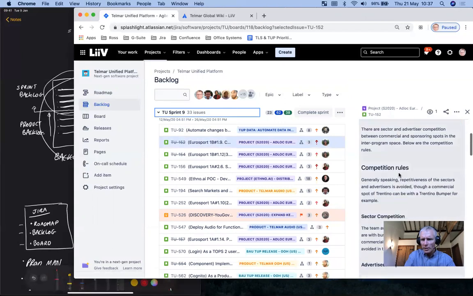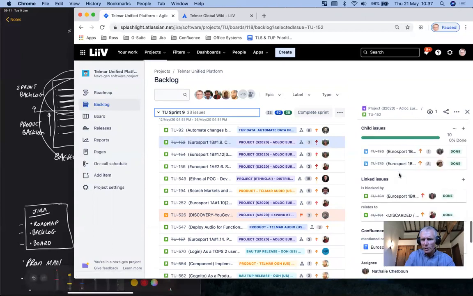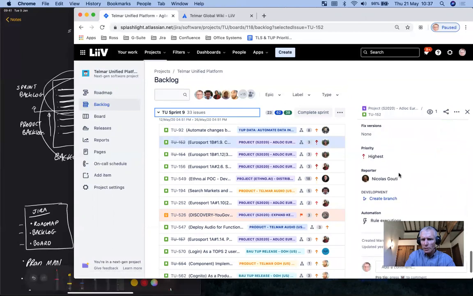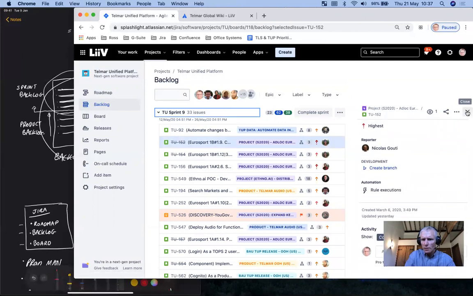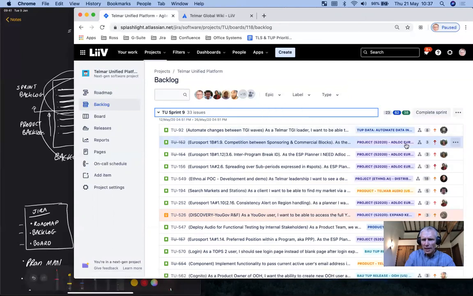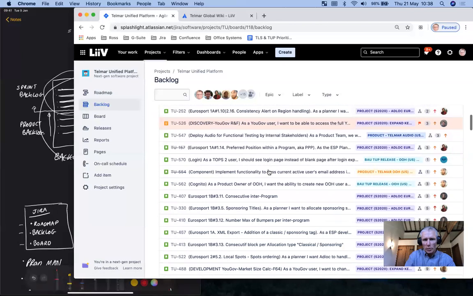Let's have a look, we'll just click on this story, get this preview window. Yep, so this is Adlock Eurosport, Ethno-I, Distributed Algorithms, POC, Telmar Audio. So this is the at-a-glance view of what we're working on in the current sprint.